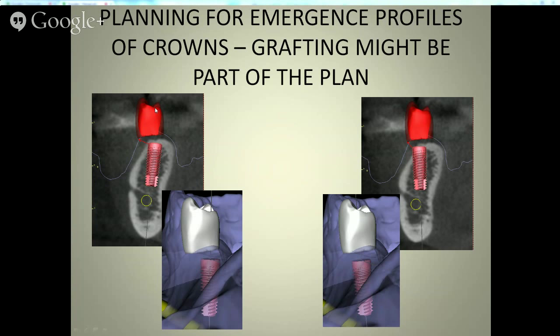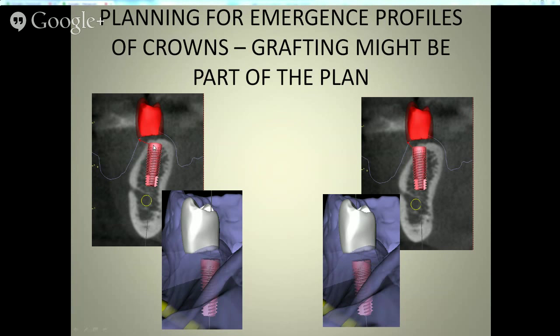the crown itself is in a position where it needs to be in the arch, but you can see that there's no bone there to help support that. But at the same time, this is where the crown would come out of the gums if there were still bone there, and I suspect at one point there was bone here, but it's resorbed. So